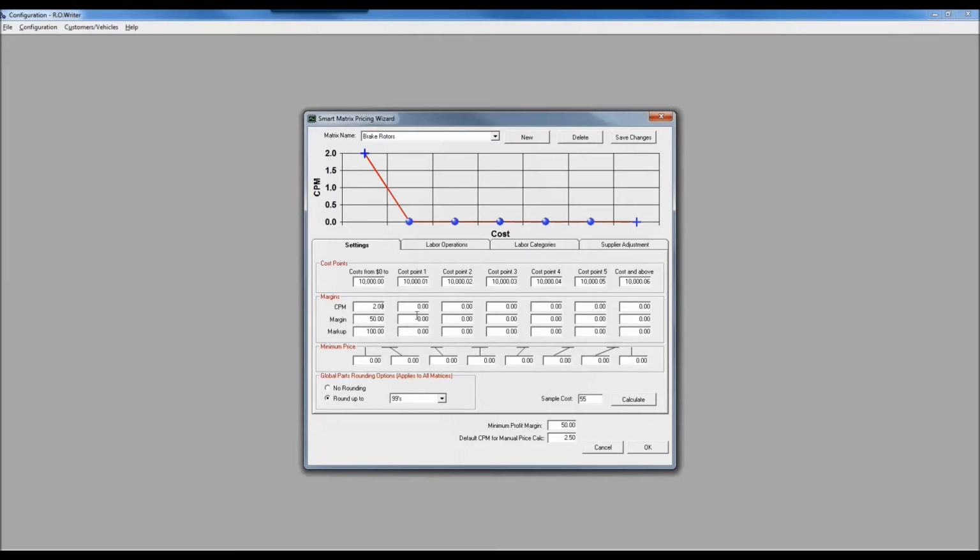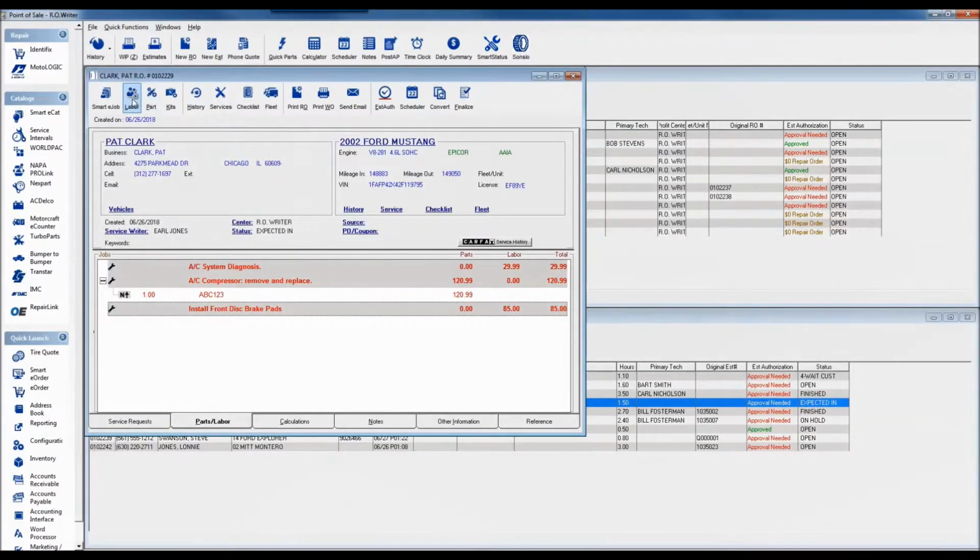In this case, I'm not configuring everything in this list. I'm just basically saying anything that costs me from $0 to $10,000. The odds that I'm selling a brake rotor that costs me more than 10 grand, not great. We're just going to mark those up 2 times. And when I hit save changes, now if I came back in here,